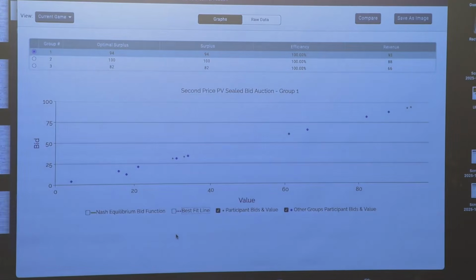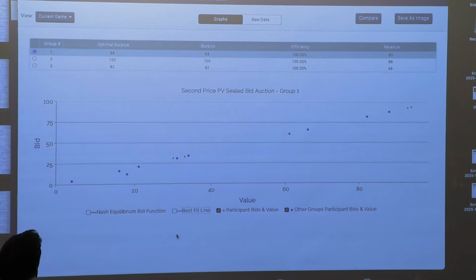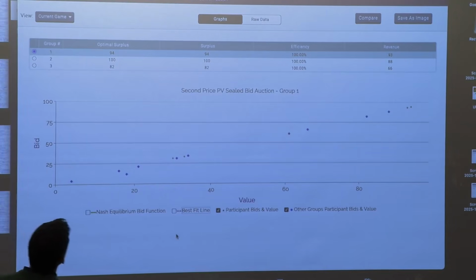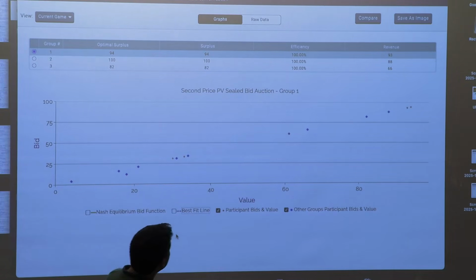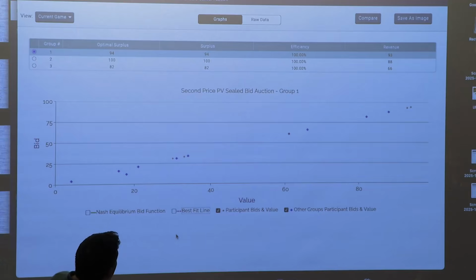So curious how things went. So here let's look at group 1. Here we actually were in groups of 6. So the optimal surpluses tended to be very high because we're looking at the maximum of 6 different random variables. It was efficiently allocated every single time. And it looks like the revenue